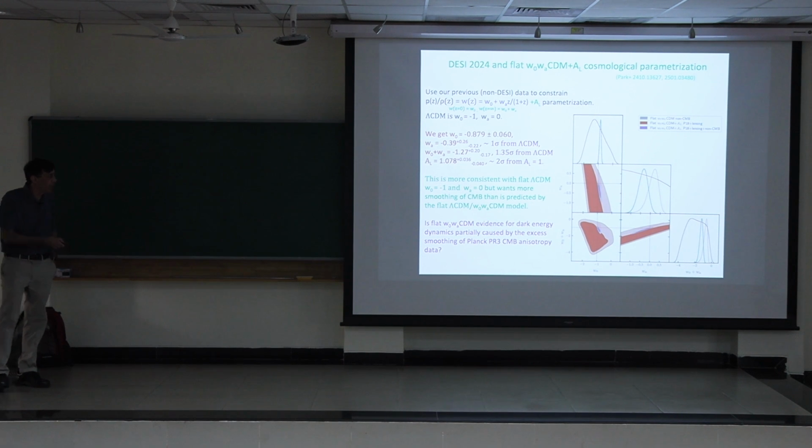So it could be that what these guys are seeing in DESI is that this excess gravitational smoothing of the CMB is what's driving this. And they have this model. This is not really a model, this is a parameterization. It's not physically consistent. It's not a physical model. And so I think it's a little bit dangerous to use such parameterizations for these analyses.